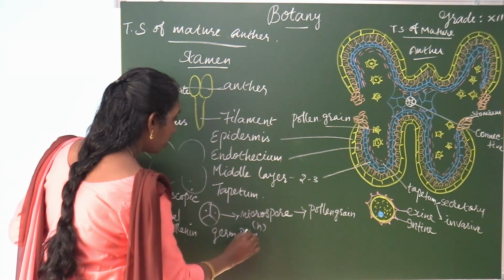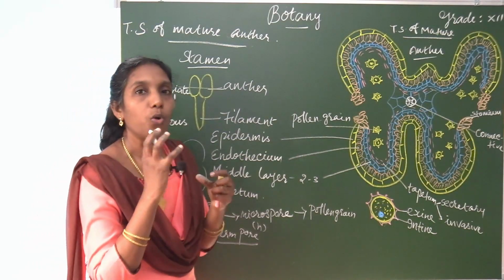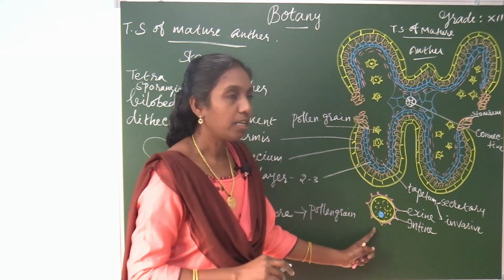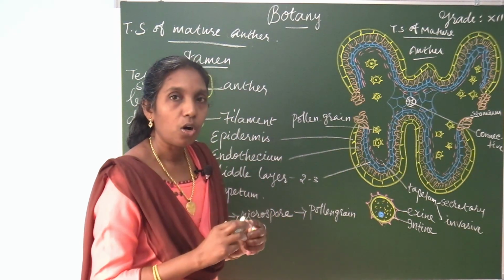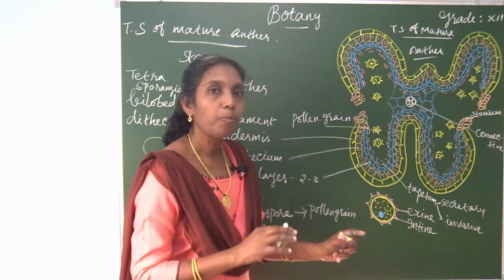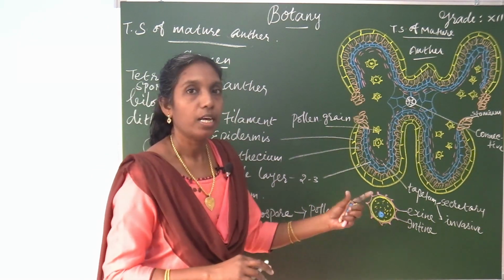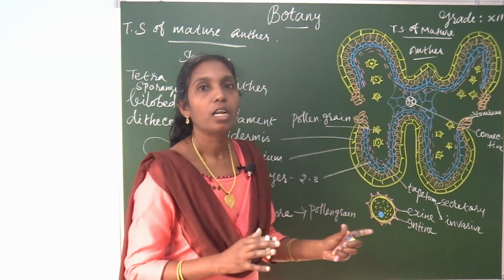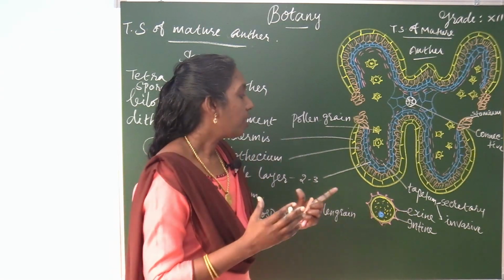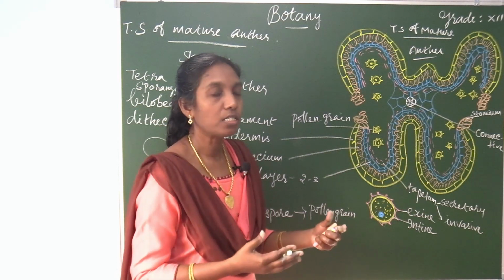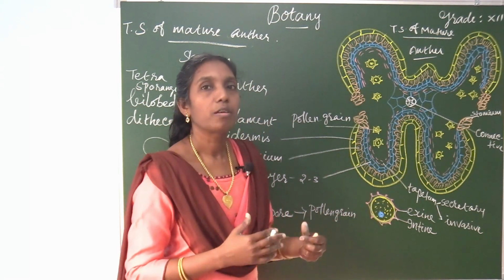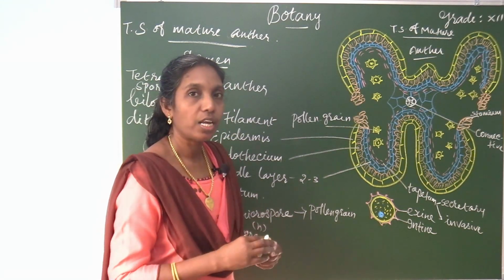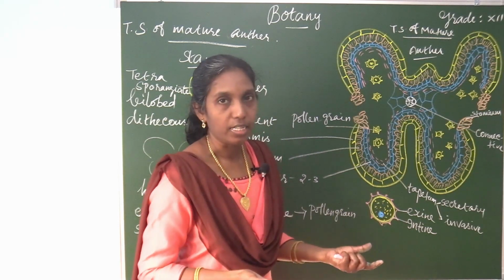Through this germ pore, the pollen tube develops. So, certain regions of this exine have no sporopollenin; they are called germ pores. Through this germ pore, the pollen tube germinates. So, it helps in the germination of the pollen tube. And in most species, the exine is not the same; it differs. Depending upon the species, the structure of the exine and wall layers may vary. It is interrupted with different shapes and sizes; the size and shape of this wall layer vary.